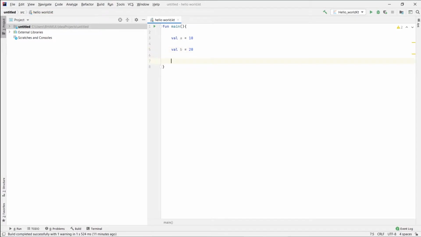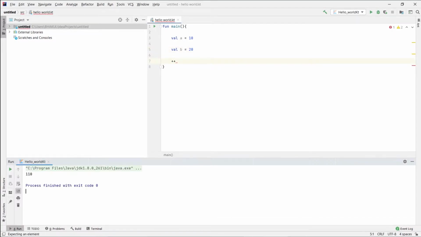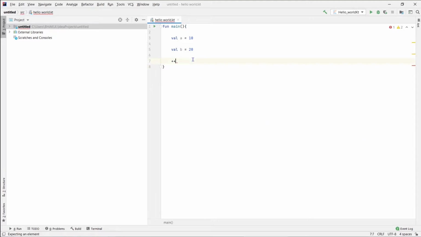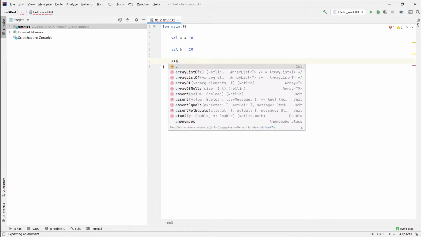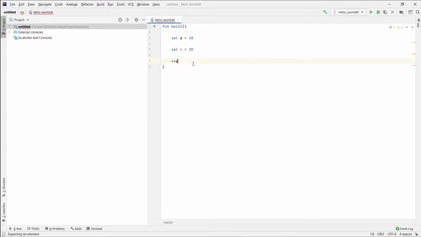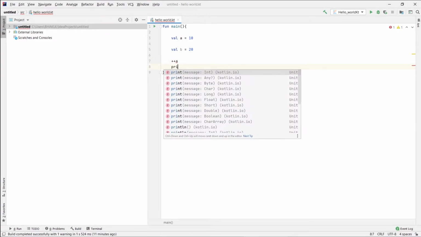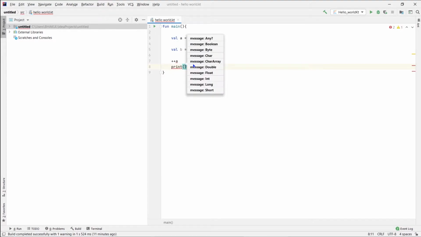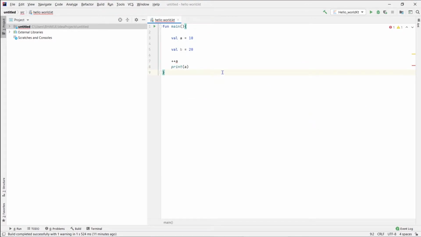Then write a plus plus and print this a. Let's run this program.